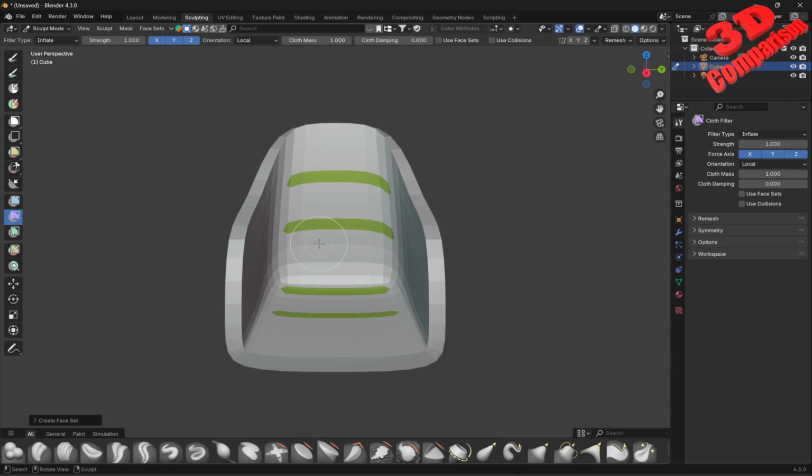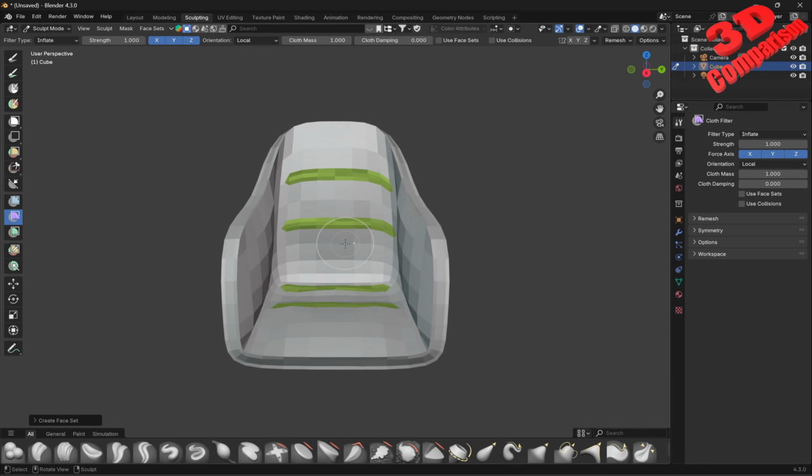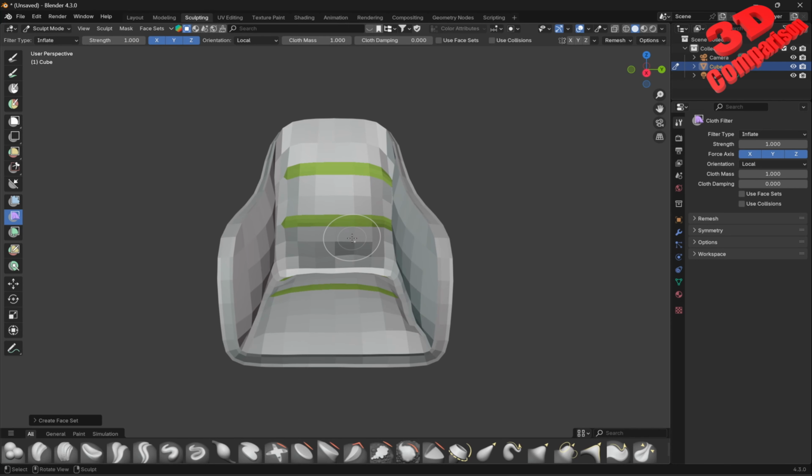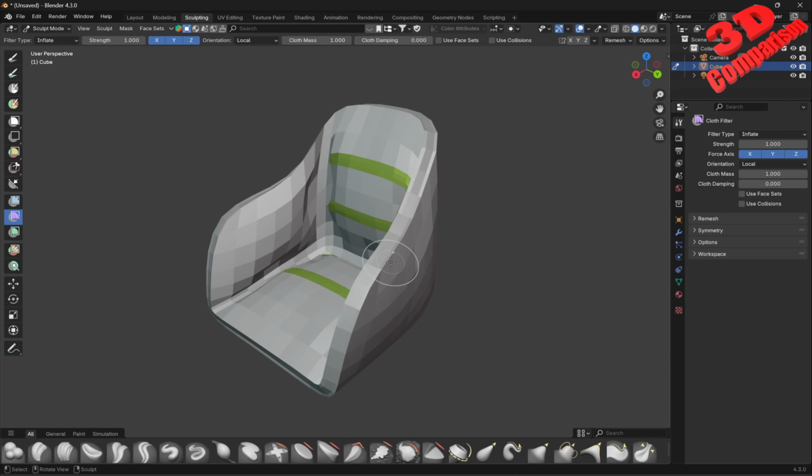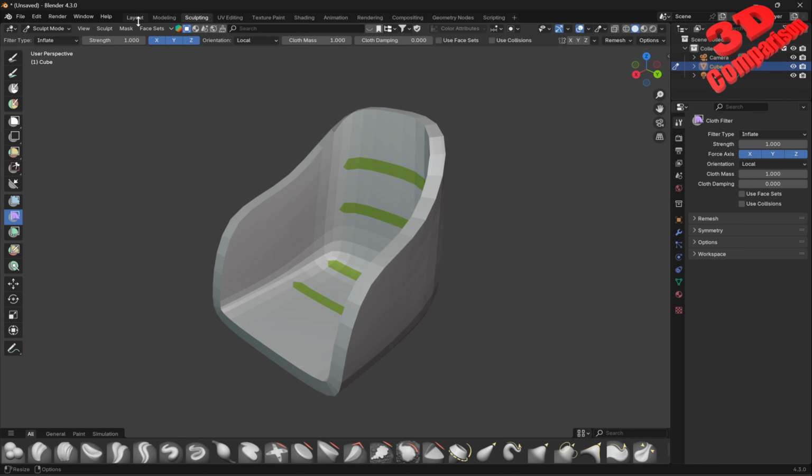And let's take a look over here. We can also increase the strength, but I'm gonna hold down the left click, and starting somewhere over here in the middle, I'm gonna slowly drag the mouse, and we're gonna see how this chair will inflate. Now, while I'm doing this, this will remain quite low poly,